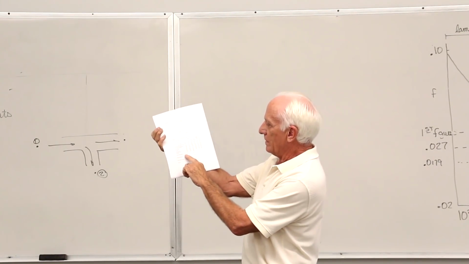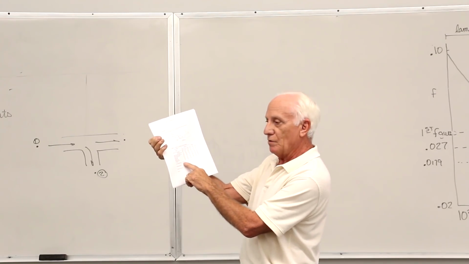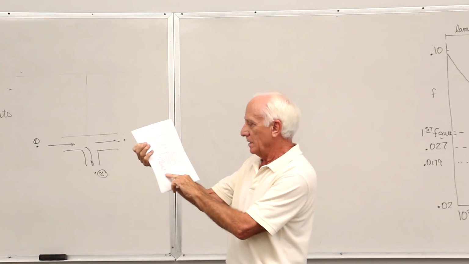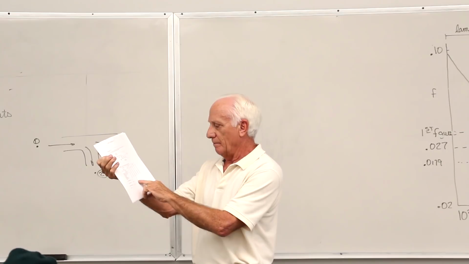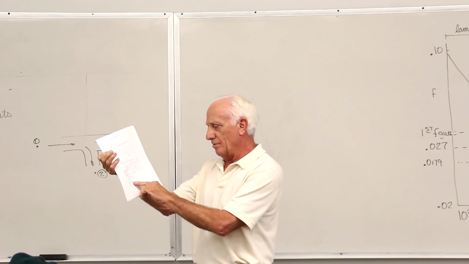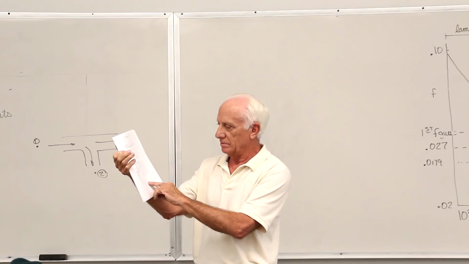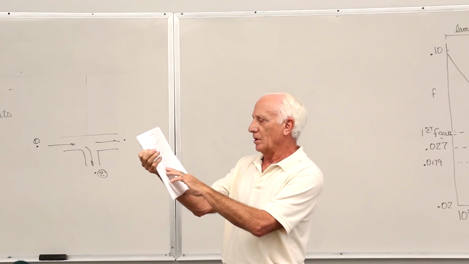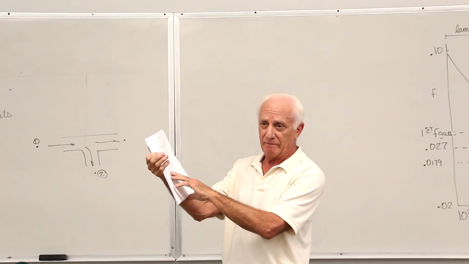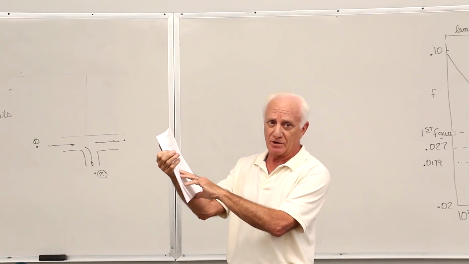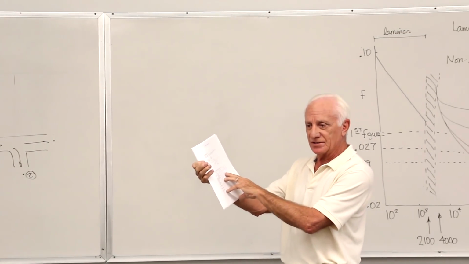A square-edged entrance from a reservoir to a pipe, 0.5. A reentrant entrance where the pipe sticks into the reservoir, 0.8. A well-rounded entrance, very smooth, K of 0.03, really low. Look at the K for a globe valve, 1/4 open. Wow, 50. Big-time pressure drop. Okay, 60 for a flange one, 60.